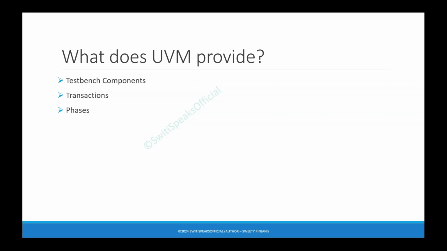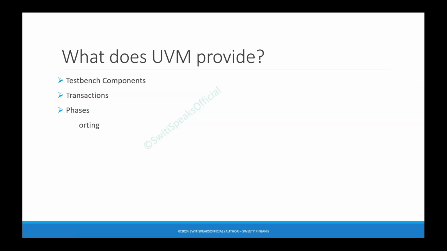For example, there is a UVM phase called build phase, in which you are building the components. There is a connect phase in which you are going to connect the components. There is start of simulation phase in which we initialize the configurations. There is a report phase in which, if there is some error, we are going to report it using UVM error. If there is some warning, we are going to report it using UVM warning. This all happens in report phase. There is end of simulation phase. So like this, there are different phases in UVM.